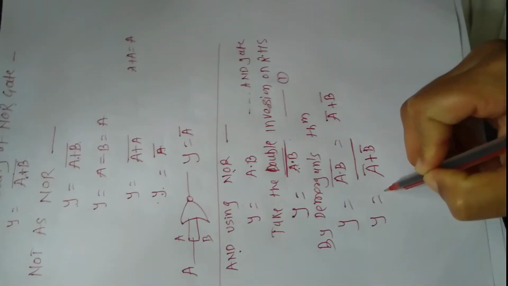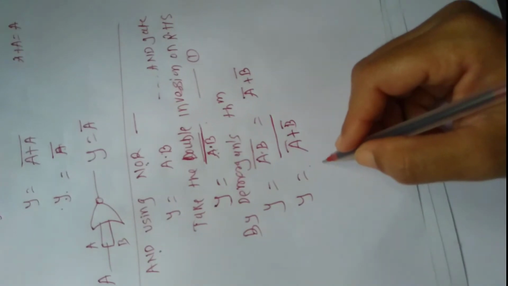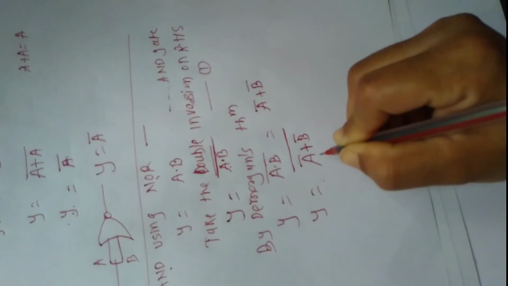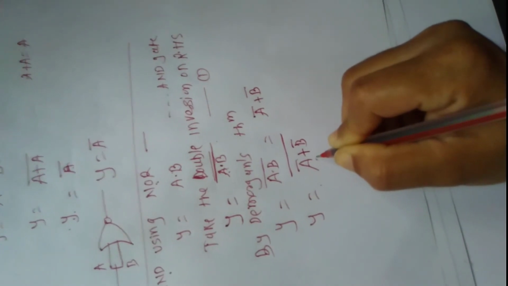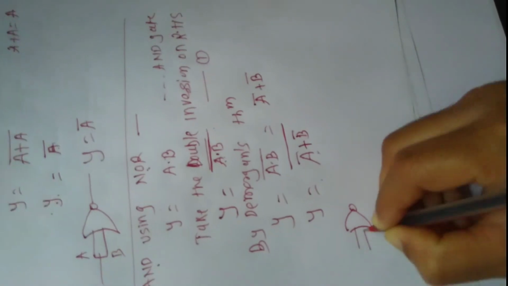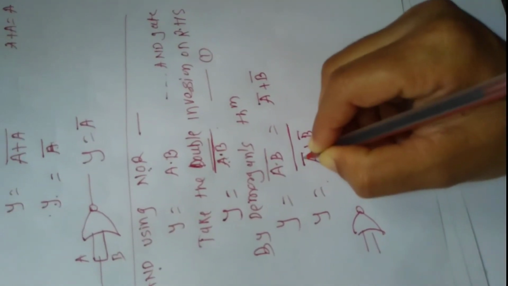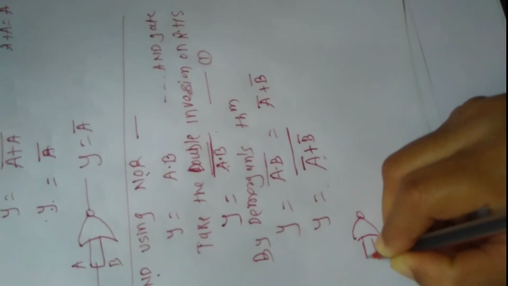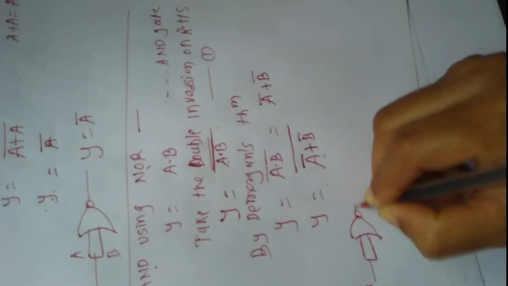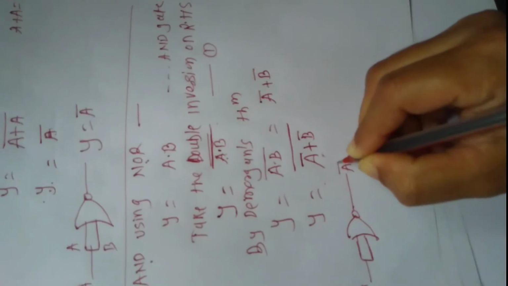So this is the universality of AND using NOR. This equation is represented only in NOR form. The NOR gate has two inputs a and b. Here this term is represented as a single bar, but since the NOR gate has two inputs, these two inputs are combined and only one input, a, is given. So the output of this NOR gate is a bar.